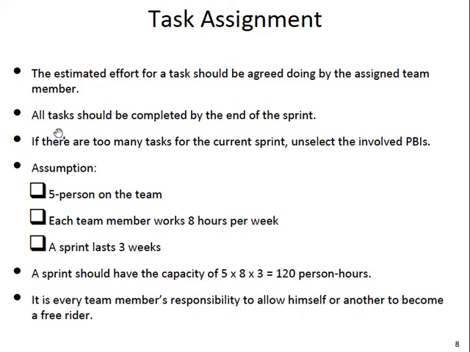Okay, so usually when we estimate task effort, we want to have the whole team together. Okay, because if you just have